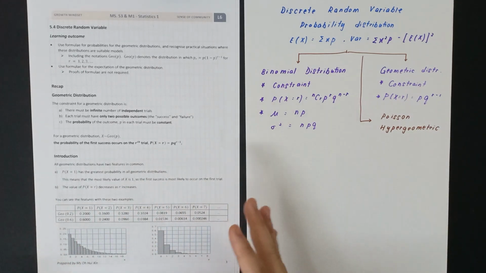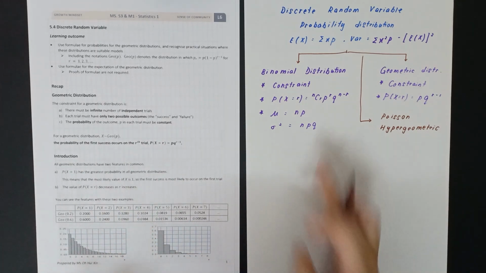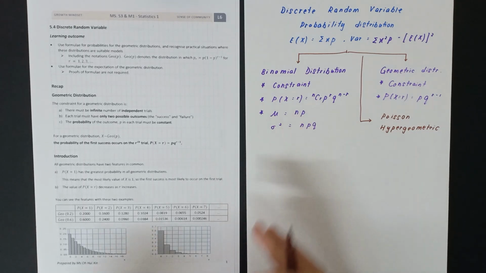So if you are asked whether this set of data or this experiment fits a binomial distribution or not, you need to check the constraints, and you need to check when you work with your mean or your variance,